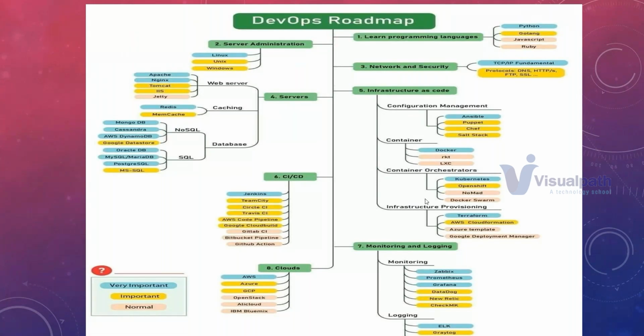And finally, networking. As I told you, everybody has to learn about networking fundamentals. I'll be teaching that. What is a protocol? What is DNS? What is FTP? What is HTTP? What is HTTPS? What is an IP address? What is a network? You might be using them at your home, right? Network, IP address, routers and all. But we don't know what they are and what they do exactly. Here we have to learn about it.